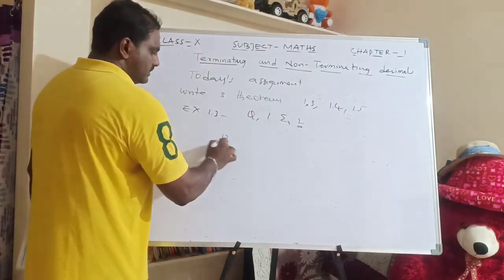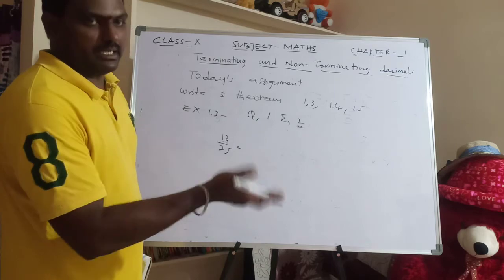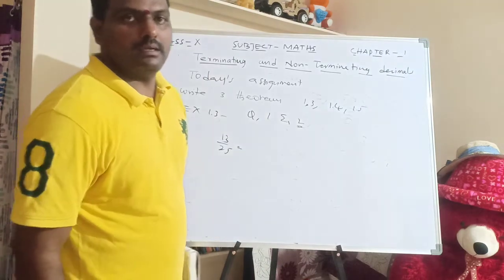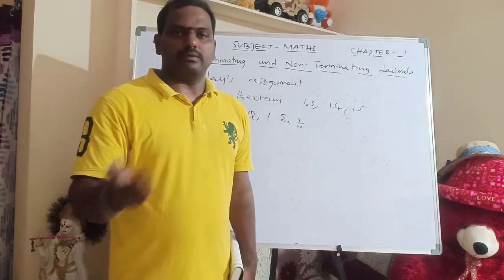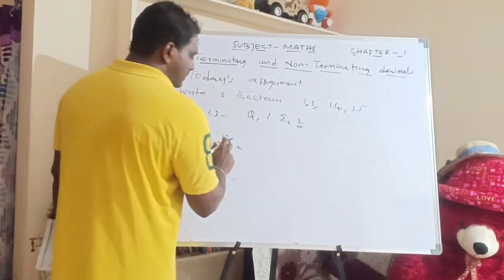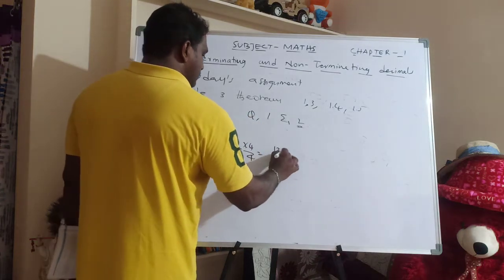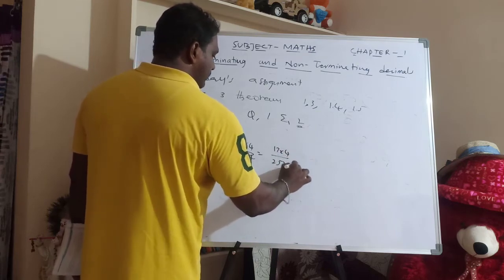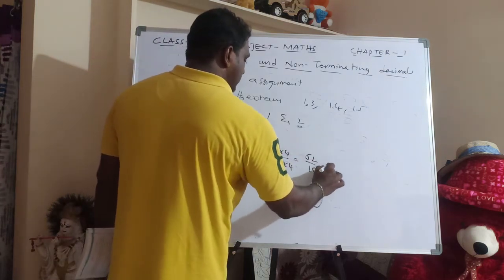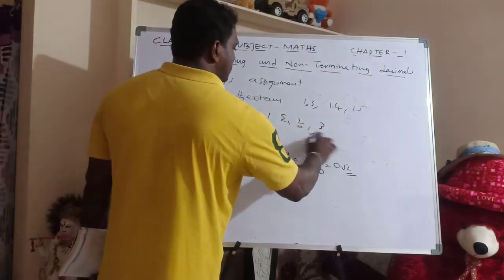Lastly I will explain 13 by 25. I should write it as multiples of 10. So why the multiples of 10? If I write 10, it is 2 power 1 into 5 power 1. If I write 100, it is 2 power 2 into 5 power 2. That means they can be converted into decimals with 2 power n into 5 power n in the denominators. So how to write this one? I will multiply and divide with 4. So what happens, it is 13 into 4 by 25 into 4. 13 fours, 4 threes are 12, so 52 by 100. So its answer is 0.52. Okay, so that's all. This is today's topic.